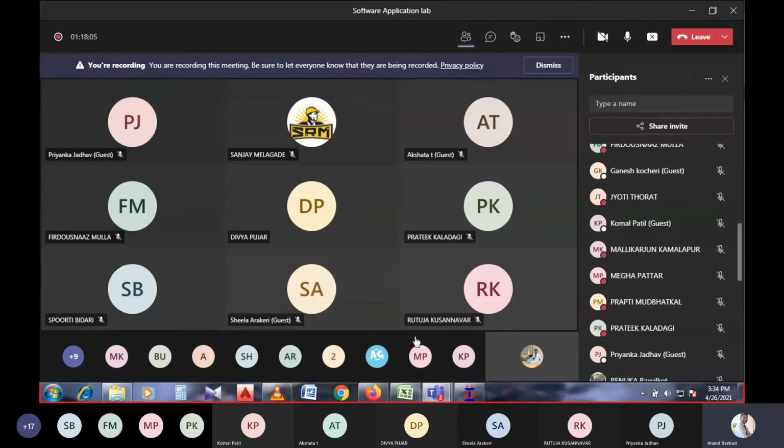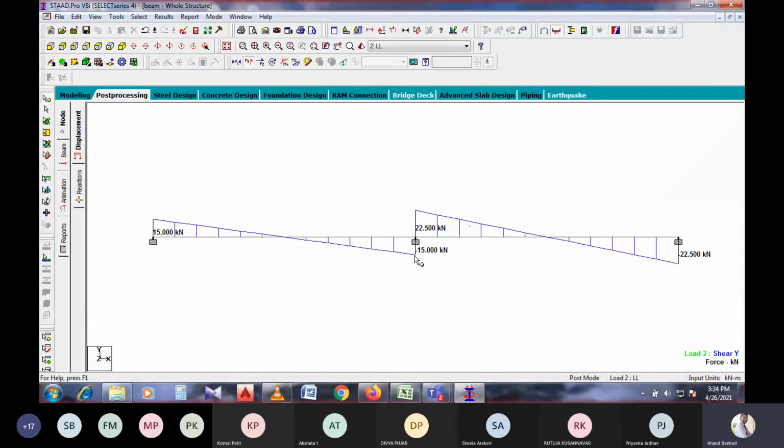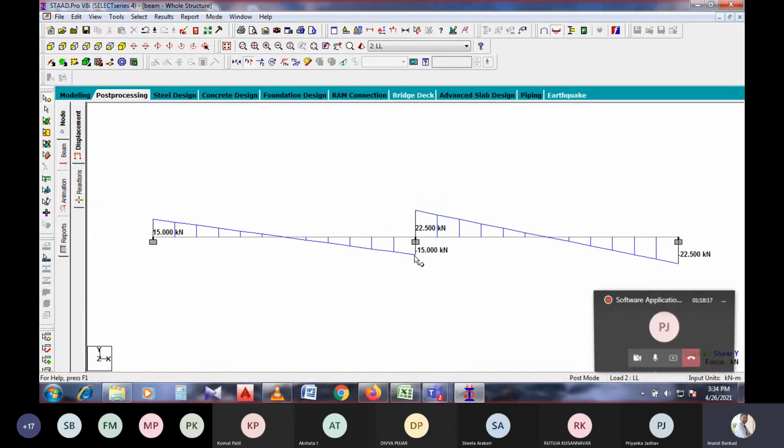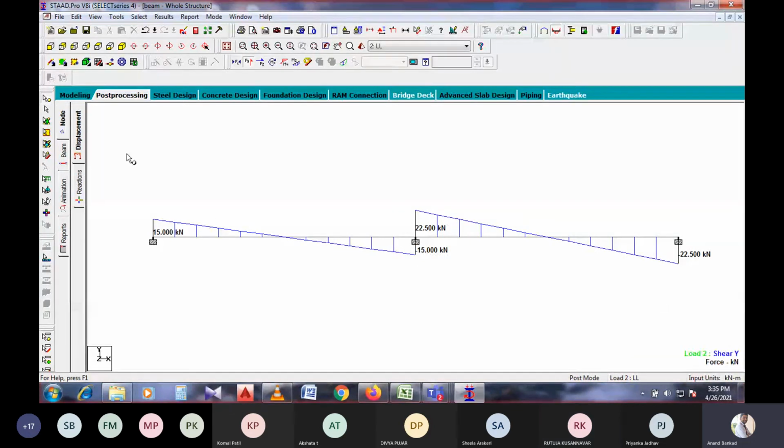Are you getting the values? Getting or not? Are you not getting the value? Okay. This is how the analysis is to be carried out.